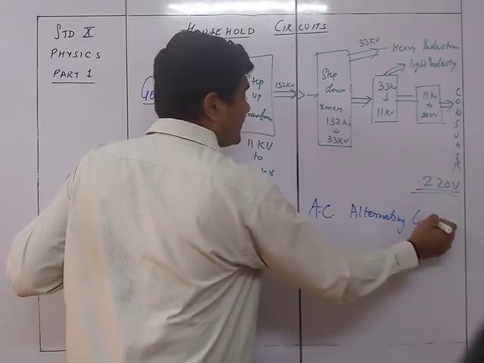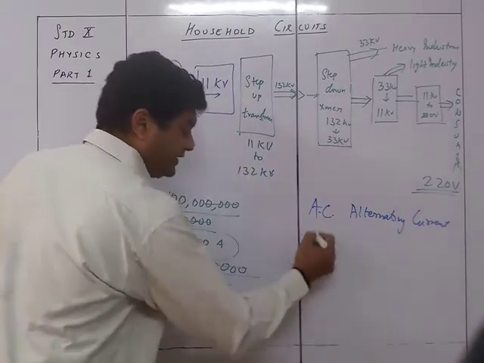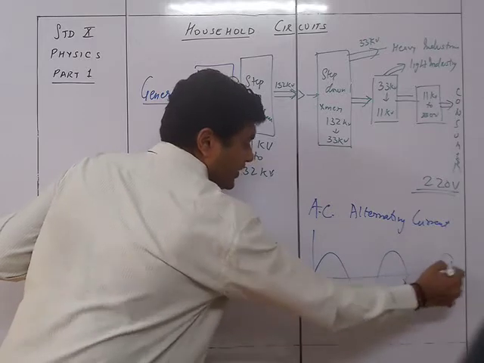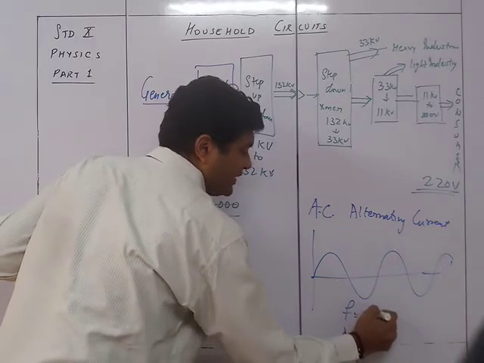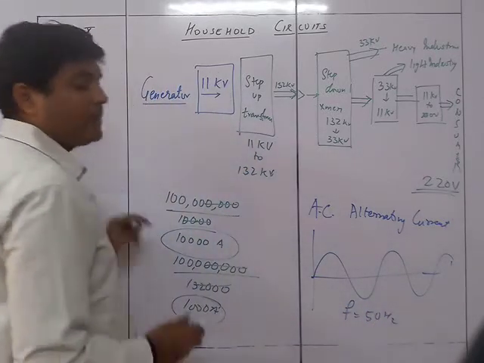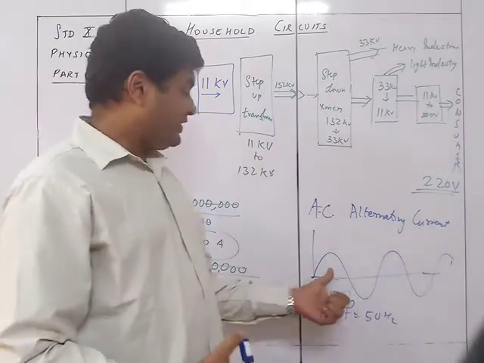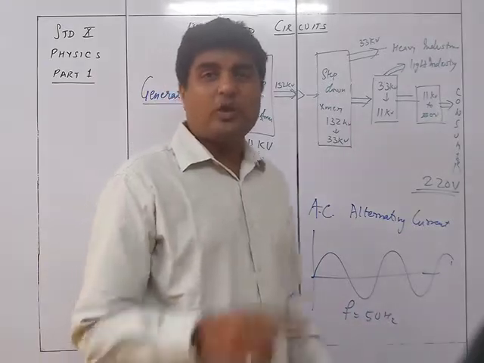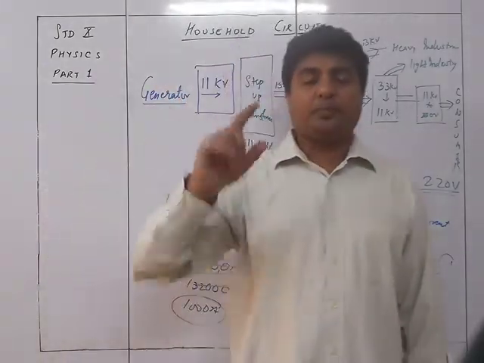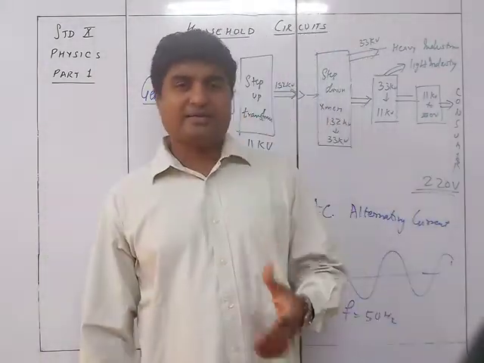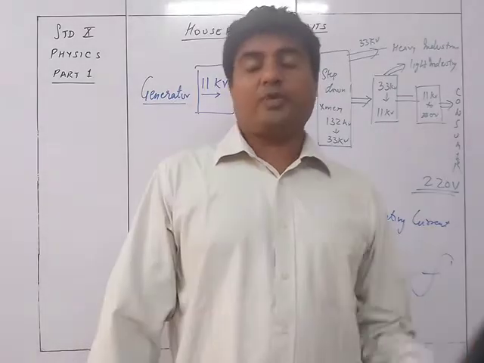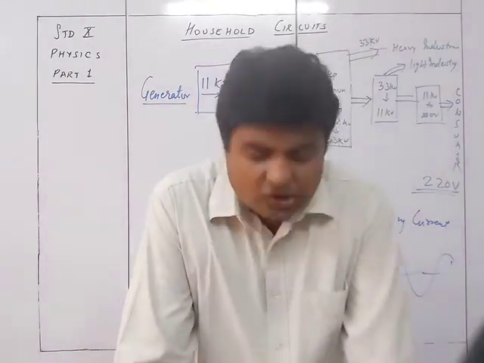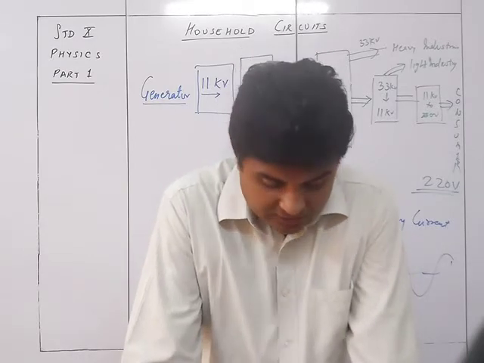Now alternating current is the one in which the supply will be like this, and the frequency for this will be equal to 50 Hertz. That means that in 1 second, 50 times the current will be positive and 50 times it will be negative. So that's why there will be a continuous positive-negative coming up as a supply voltage from the power supply. So that's an alternating current of frequency 50 Hertz.